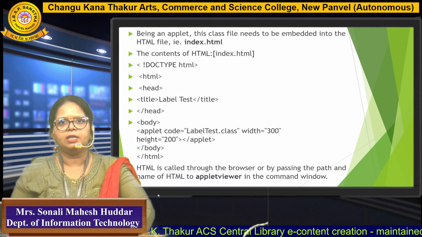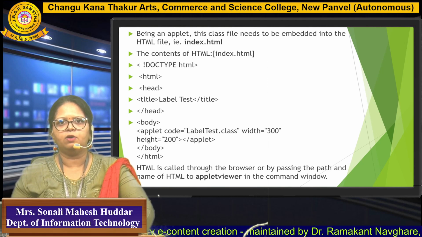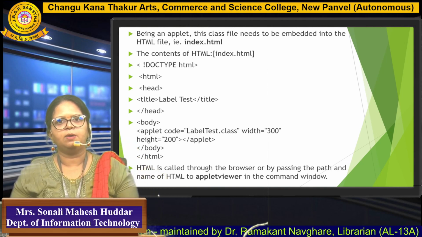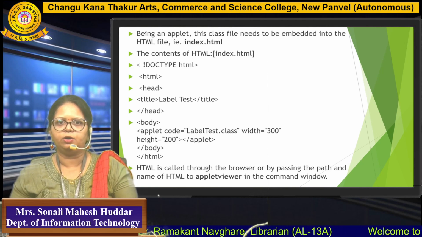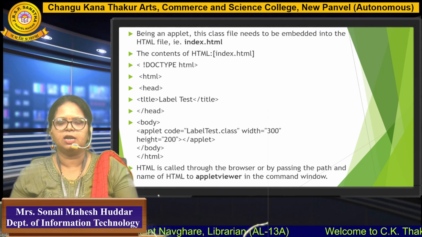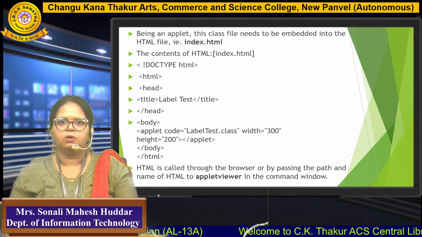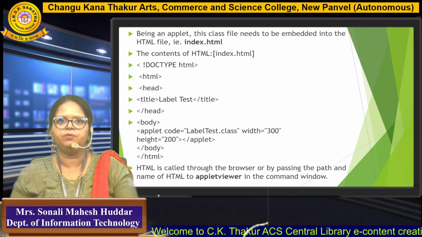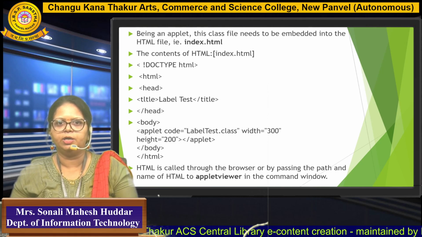Now, being an applet, this class file needs to be embedded into the HTML file, that is index.html. The content of index.html is: doctype html, html, head, title LabelTest, title close, head close, body, applet code equal to LabelTest.class. Here the code is nothing but the Java file name. Width equal to 300 and height equal to 200. Here you are setting the width and height for your applet window, and closing the applet tag, body tag and